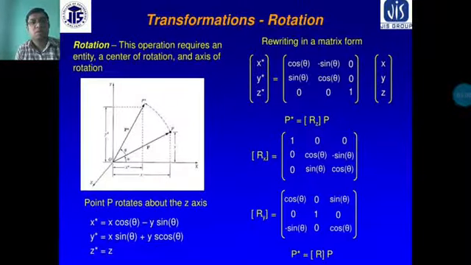You can see that the transformation of rotations comes here, that is, the rotation operations require a center of rotation. The axis of rotation will be considered, which means the center of rotation acts like the axis of rotation that you have to give. You can see this is one figure here. This figure is given, and the x, y and z axes are also shown in the figure.